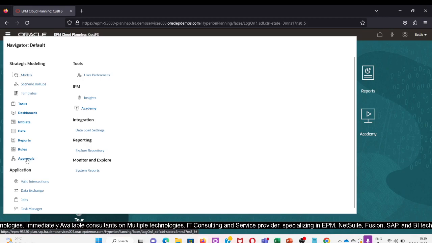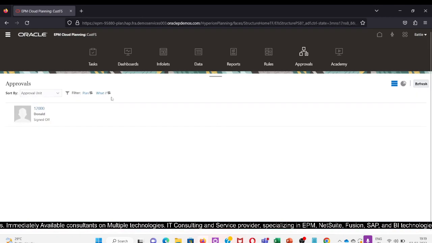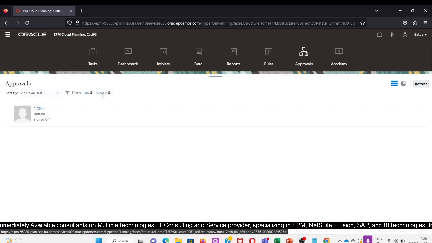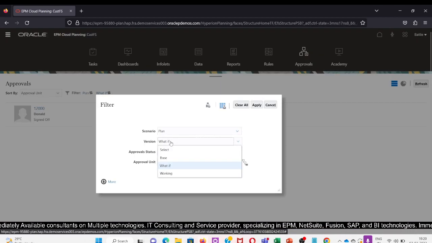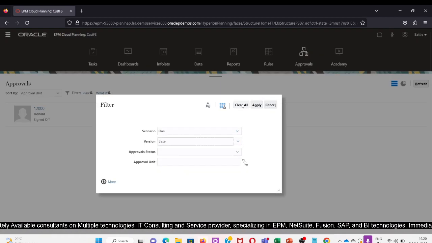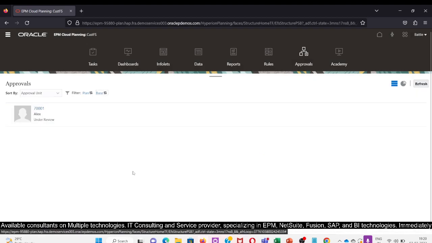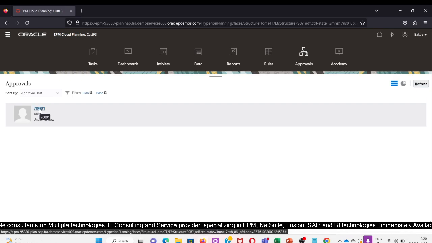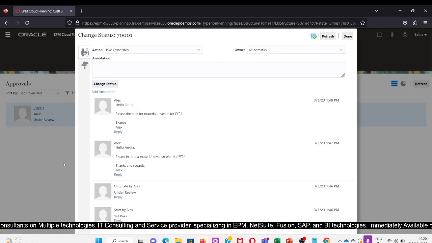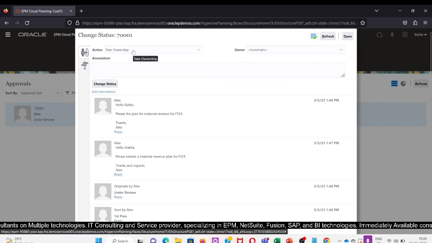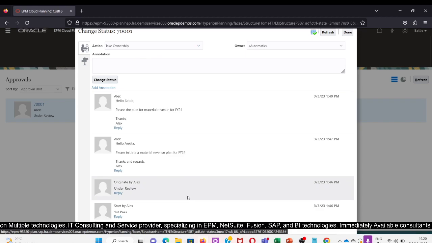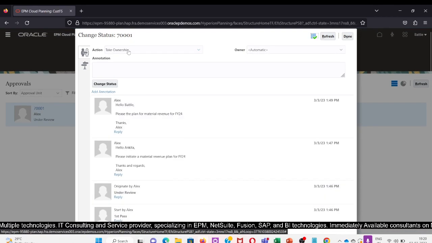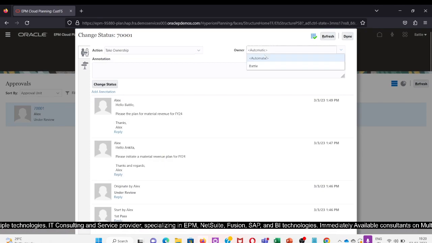So here we need to go to the approval via navigator. So here we are going to change the version to the base. Then I will apply it. Okay, so here I will click on the entity name. Okay, so here take ownership and then